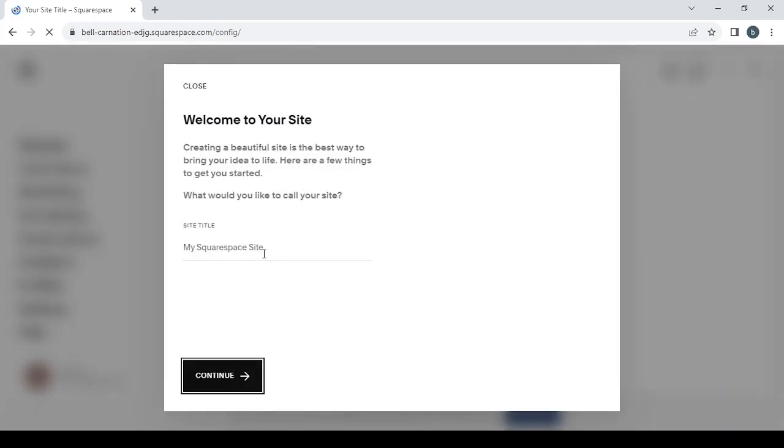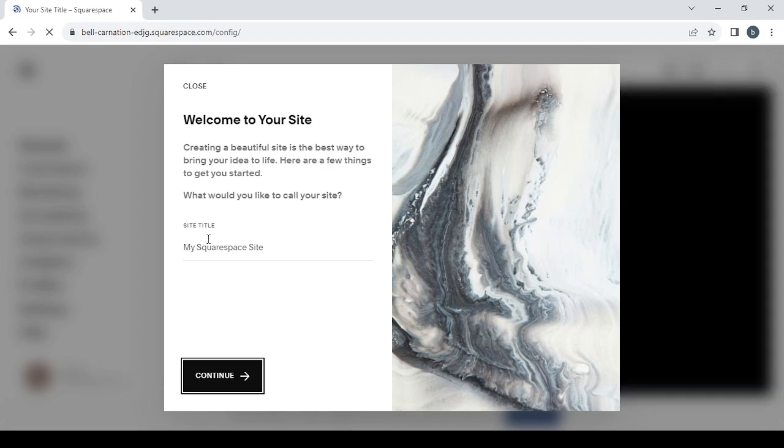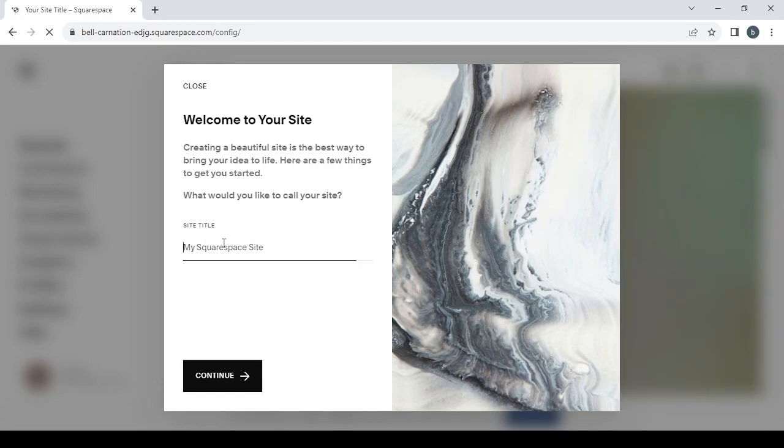So it's just a step to get started. So I'm going to give it a simple title. So I'm going with get fit and click on continue,